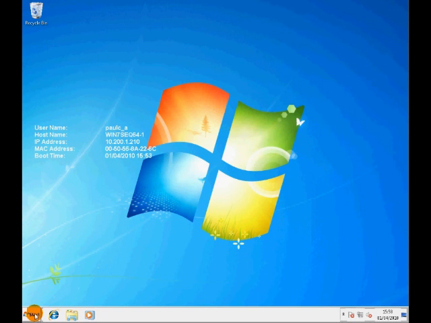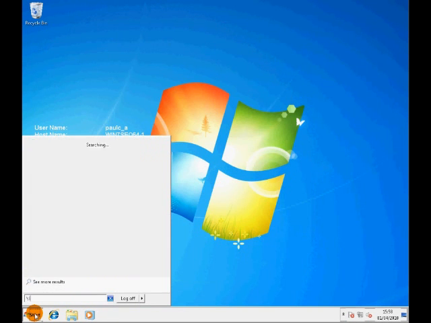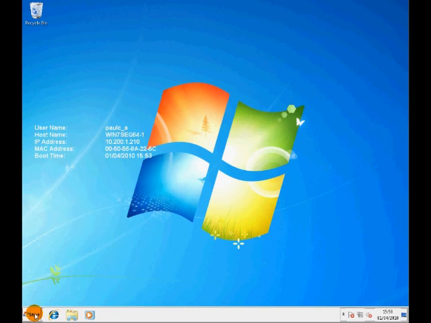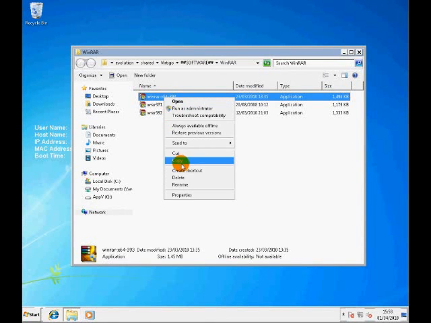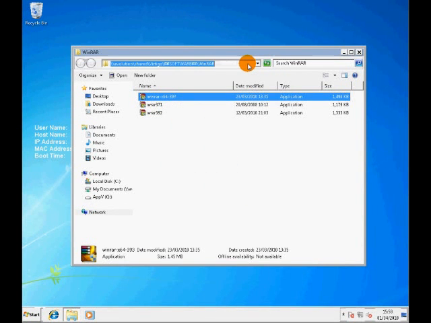First of all, we need to prepare, so I'll put the installation program for WinRAR onto our local machine. So here's the WinRAR installation program. I'll copy that and I'll put it onto the C drive